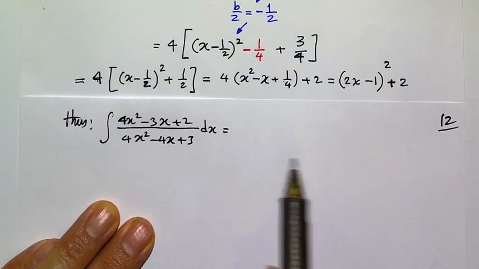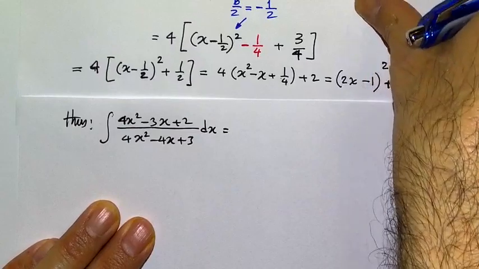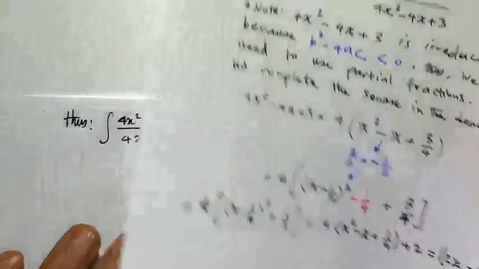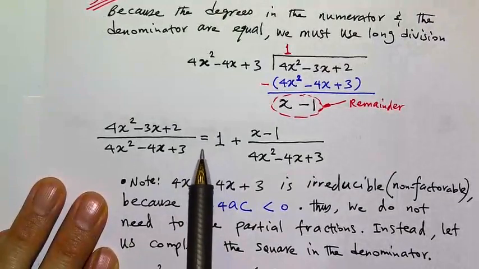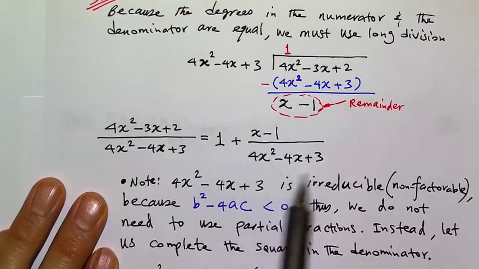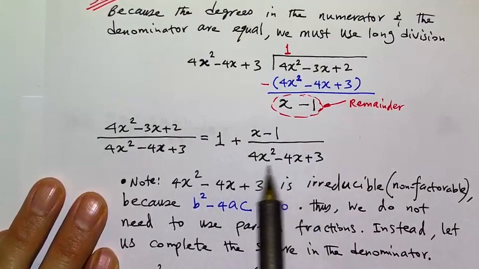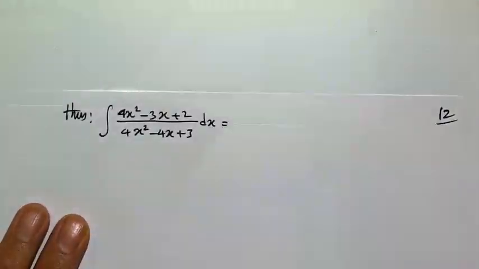But let me remind you, we had a 1 before that. It's on the previous page. After the long division, we ended up with 1 plus that. Then we reduced this denominator to this. So replacing for all of that,